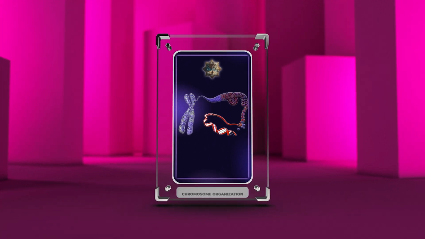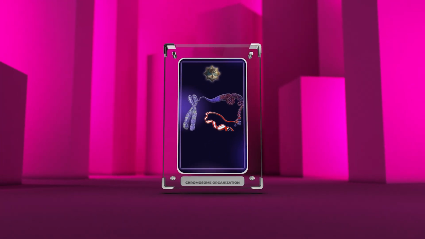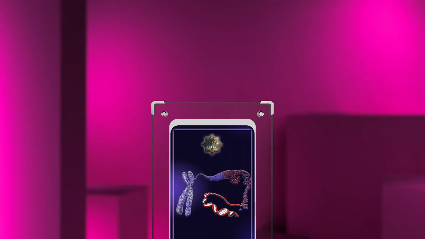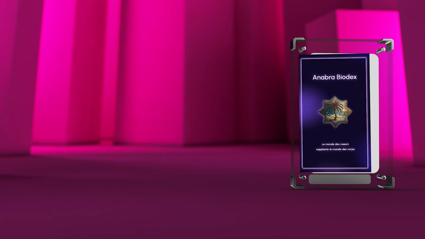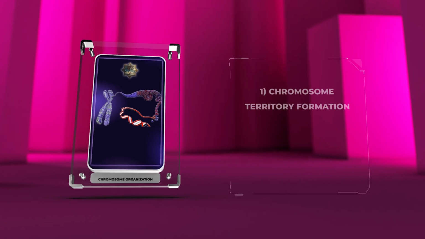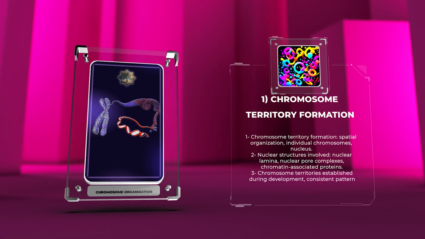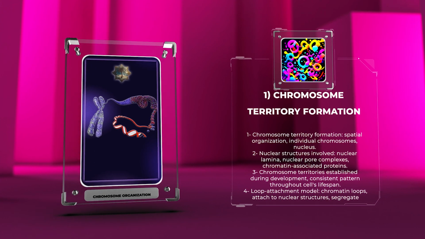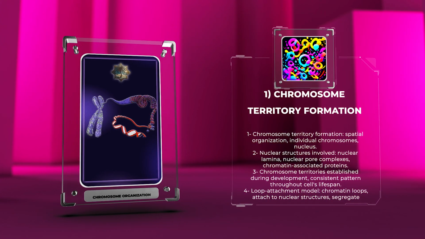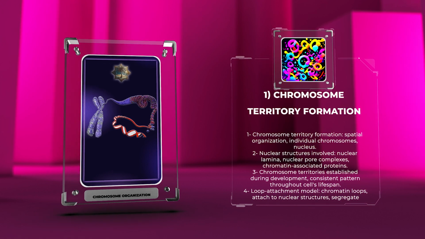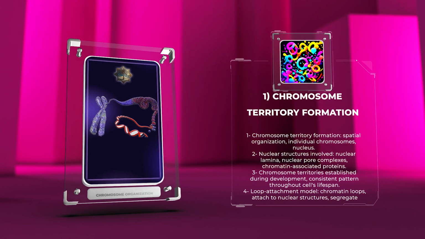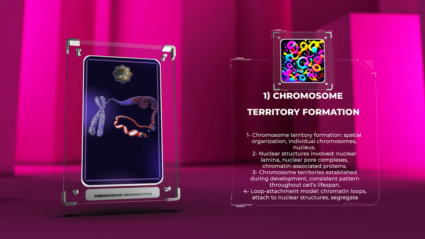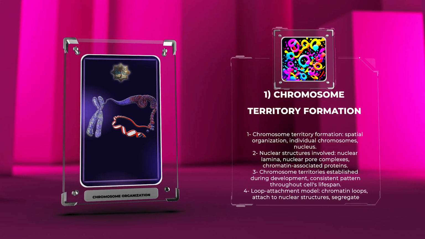Now, let's explore the different aspects of chromosome organization and the intricate mechanisms underlying its formation and function. Chromosome territory formation involves the spatial organization of individual chromosomes in the nucleus without entanglement. This process is crucial for genome function and involves various nuclear structures such as the nuclear lamina, nuclear pore complexes, and chromatin-associated proteins. Scientific studies indicate that chromosome territories are primarily established during development and maintain a consistent pattern throughout